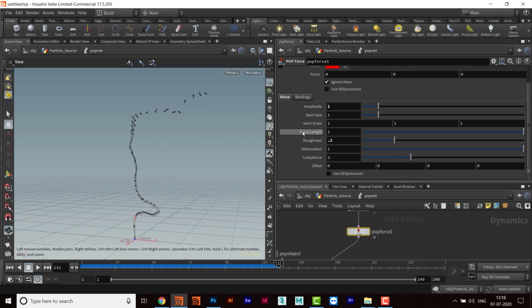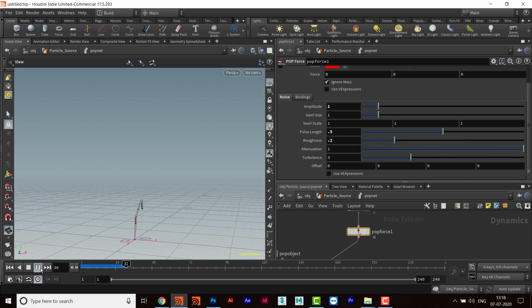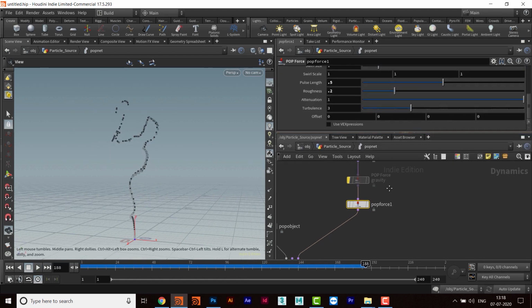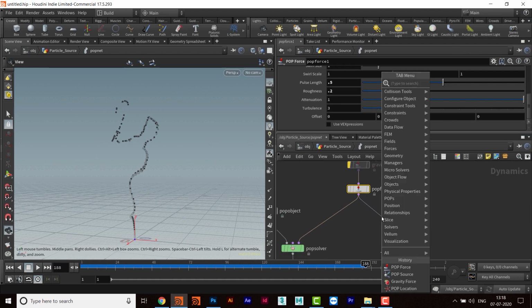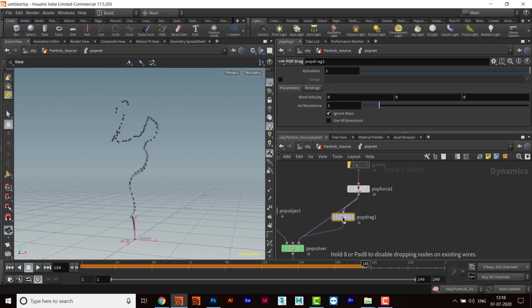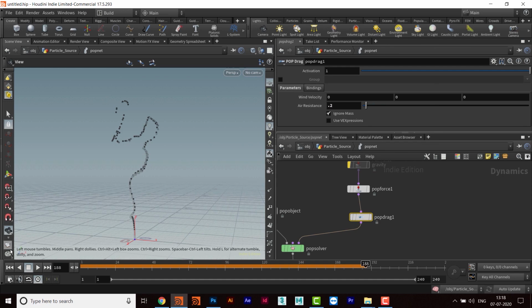And I can also decrease this pulse length to 0.5. This will also try to keep things together for a longer time. And then I can take maybe drag force. So that will be pop drag.